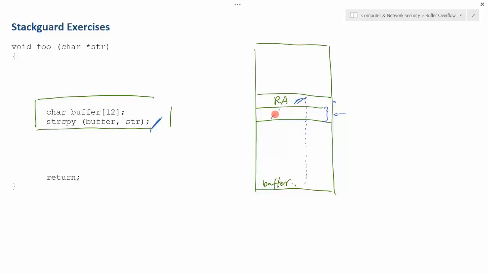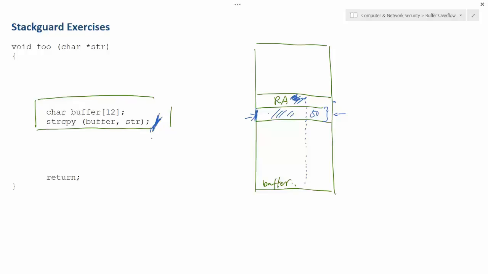If you know the value here is 50, you can overwrite this area using 50. That's the only way to not change the value there. But otherwise, if you don't know the value there, in order to overflow this part, you will have to overflow that part. So you are not allowed to selectively put your value in there, because you rely on the string copy. So that is a very important fact.